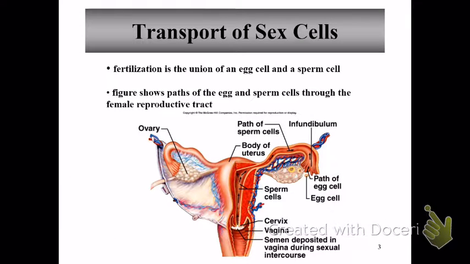And then transport of sex cells. So I can actually draw it in here. I'll draw with purple. How about that? Okay, so as the sperm comes up, just look at the picture, but as the sperm comes up, it goes up. Let me make that a little bit bigger. Okay, here we go. The sperm goes up the vagina. So this was the vagina. And the very ceiling of the vagina, the top of the vagina, the bottom of the uterus is called the cervix. So you see that labeled. So the sperm has to go through the cervix,